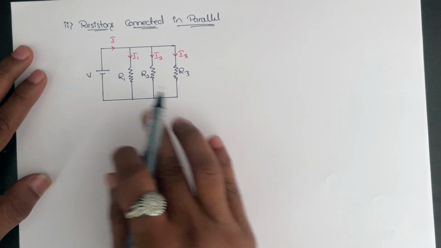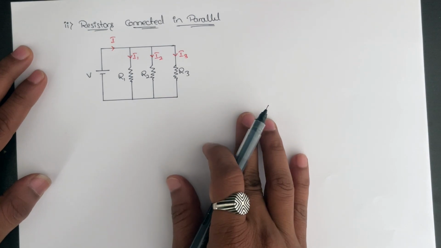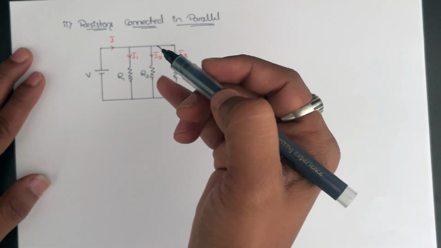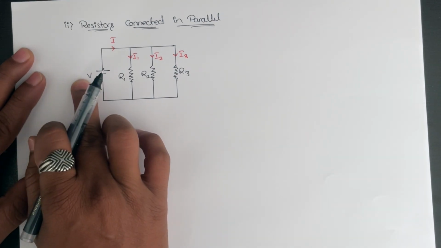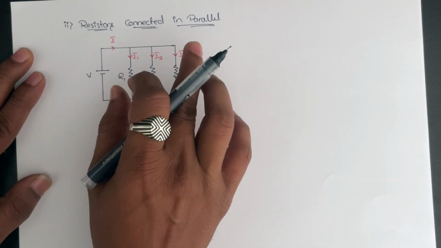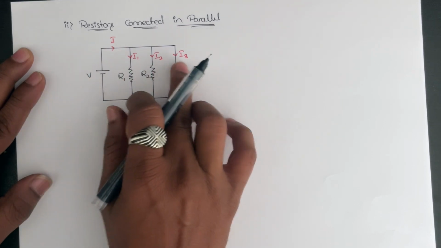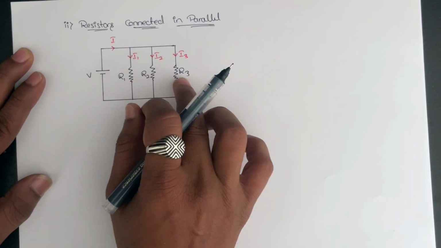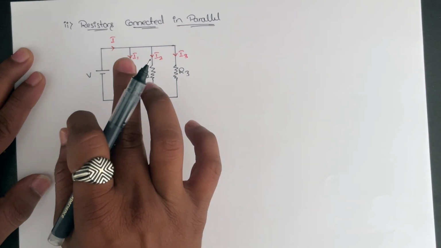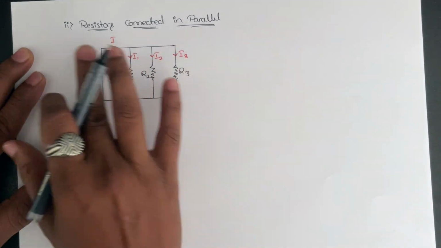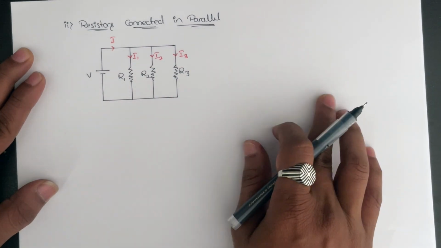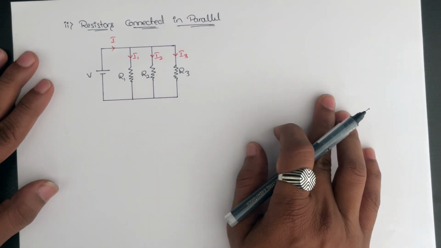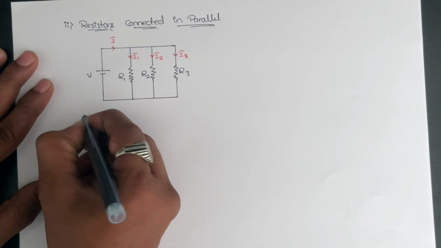Here also two or more resistors will be connected in parallel, and one point is very important here: the source voltage applied across the resistors remains the same in all three cases, R1, R2 and R3. In this case only we can say the resistors are connected in parallel, with the same voltage applied across the resistors. Now for this circuit, if we apply KCL,